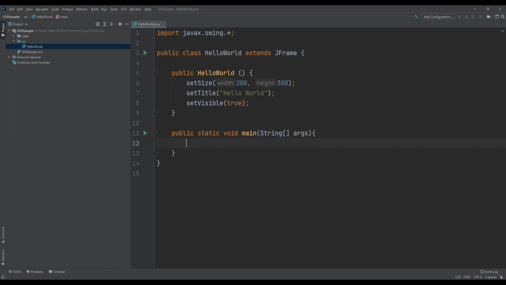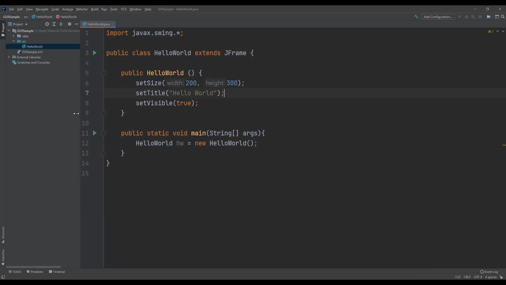So here, how to call a constructor? Just by creating an object of that type. So say HelloWorld hw is equal to new HelloWorld. That's all.